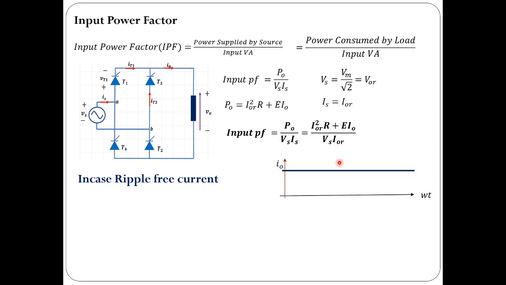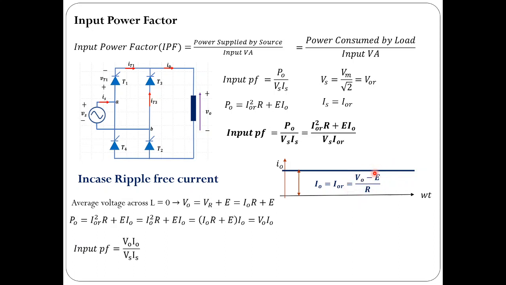so that it is constant. In this case, voltage across inductor is 0 again. So average value of voltage across inductor is 0, and we know that I naught is equal to V naught minus E by R, right? And because load current is ripple free, its RMS value and average value are going to be equal, and in fact that is equal to V naught minus E by R. So the average value would be same as its value throughout the time period, which is same as RMS value, and that can be computed using this formula, that is V naught minus E by R. And I naught and IOR both are equal.